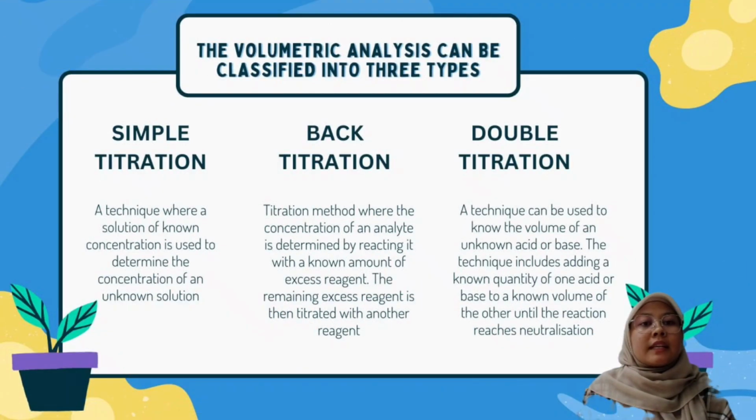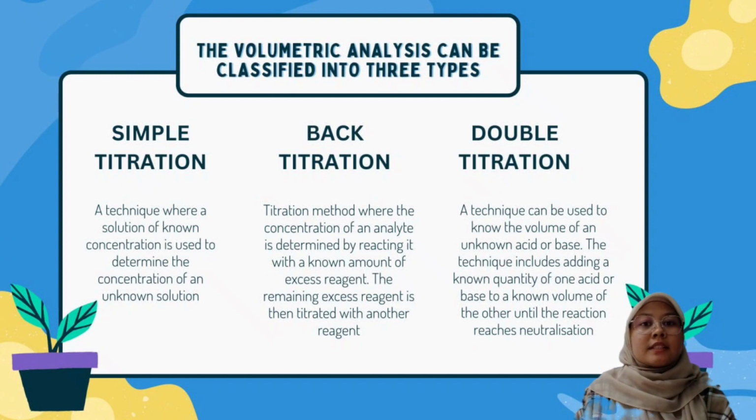Types of volumetric analysis. Volumetric analysis can be classified into three types. There are simple titrations, back titrations, and double titration. I will explain about simple titration first. Simple titration is a technique where a solution of known concentration is used to determine the concentration of an unknown solution,